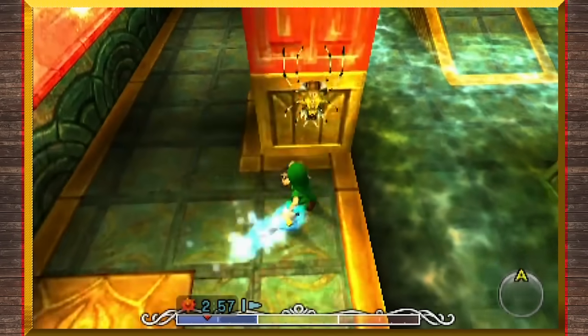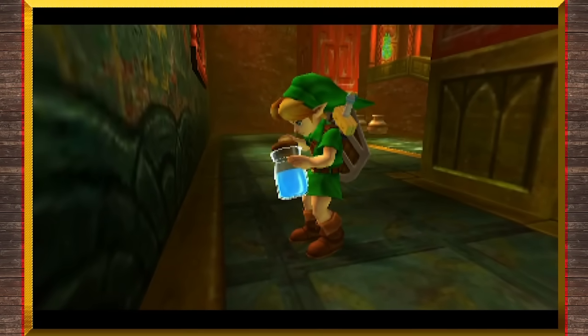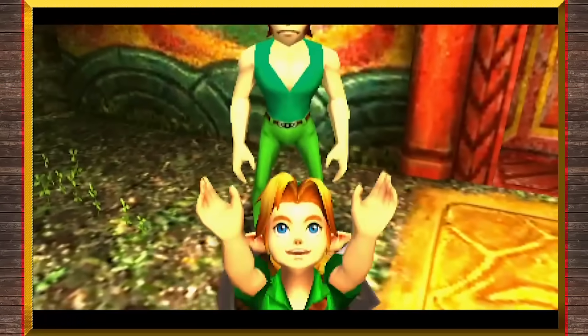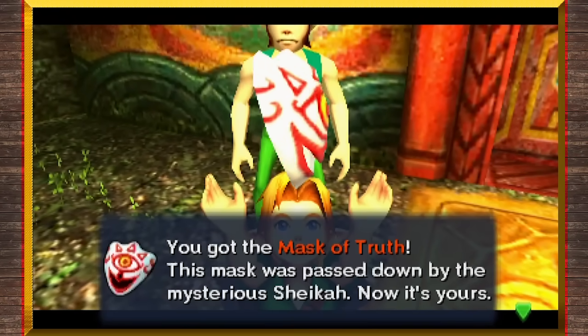Some of these are very cleverly hidden. Don't forget about the ones inside of the soft soil that you need to get out with bottled bugs, and good luck on your hunt. Turn in all 30 tokens to the now healed man at the entrance and he'll give you the Mask of